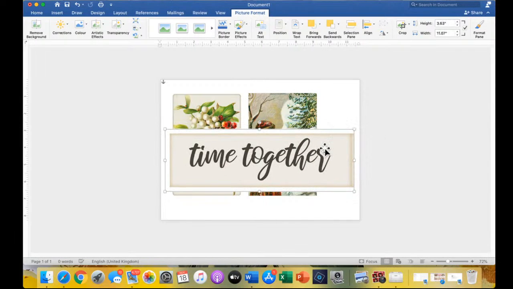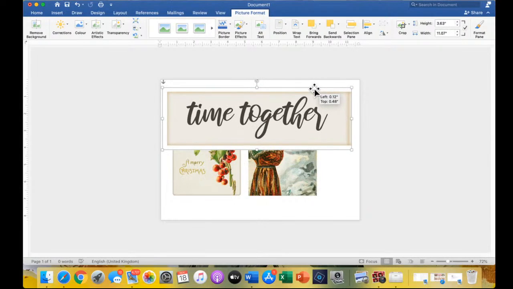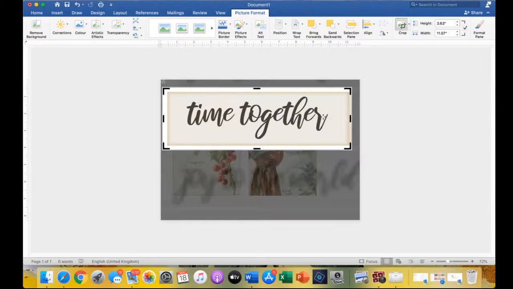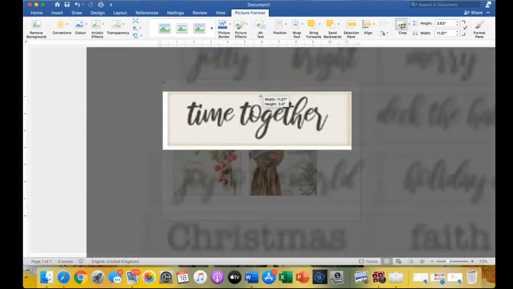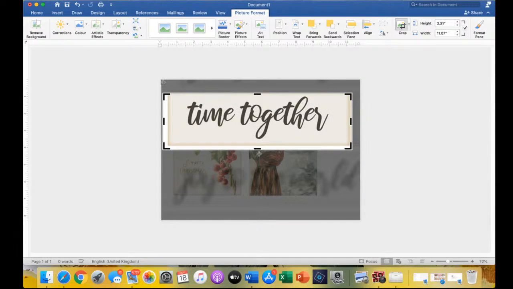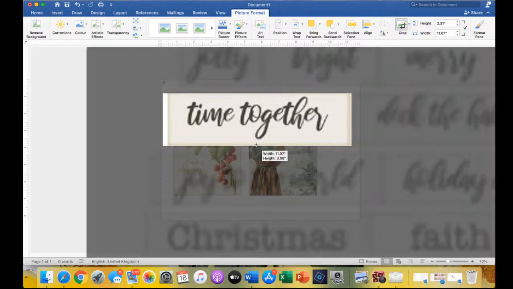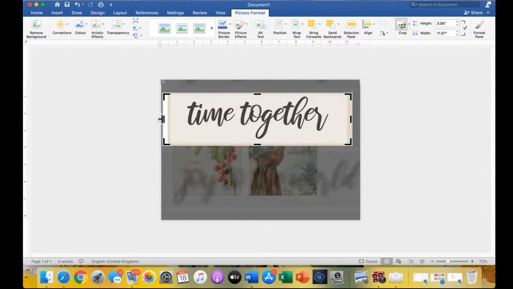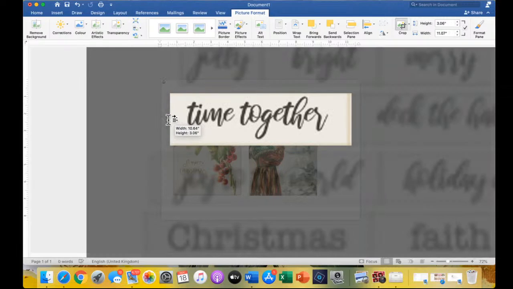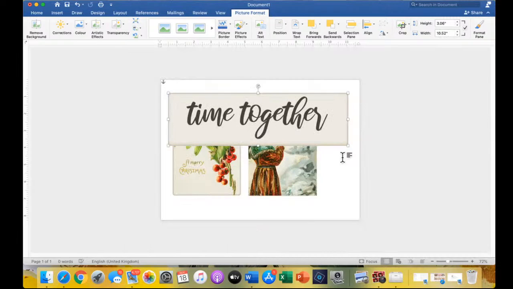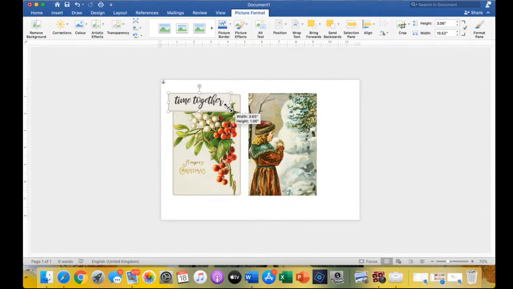Now as you can see, we've sort of cropped that quite crudely because we have a white border around it, but that's no problem. The easiest thing to do is to make it as big as you possibly can, and then click on crop again, and then you can move it much nearer, tighter in, to get rid of that slightly white border which we don't want, particularly if we're going to place it over the top of something. We don't really want that white border. There we go. And then we can shrink that back down, and then we could put that, say, in the corner of that one,